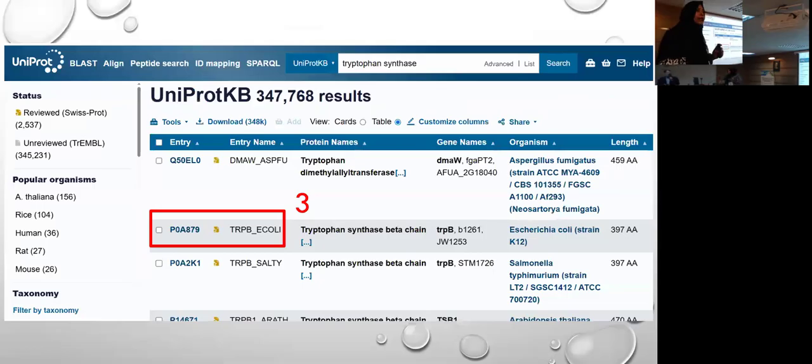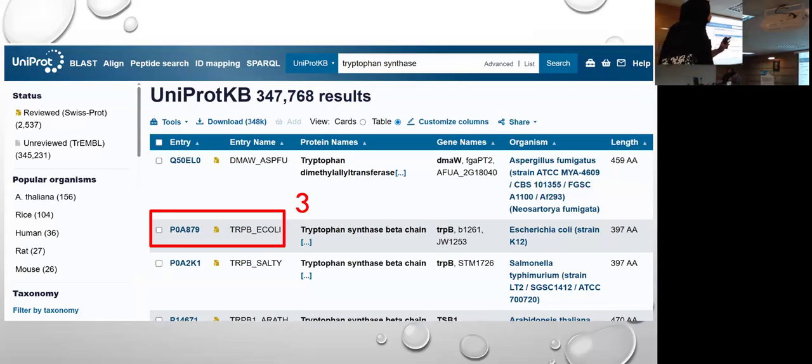Okay. So after this, when you press enter, you will see some results like this. Here in this database, you will find all of the annotated one-dimensional structures, meaning the protein sequences from all of the species which have been identified.